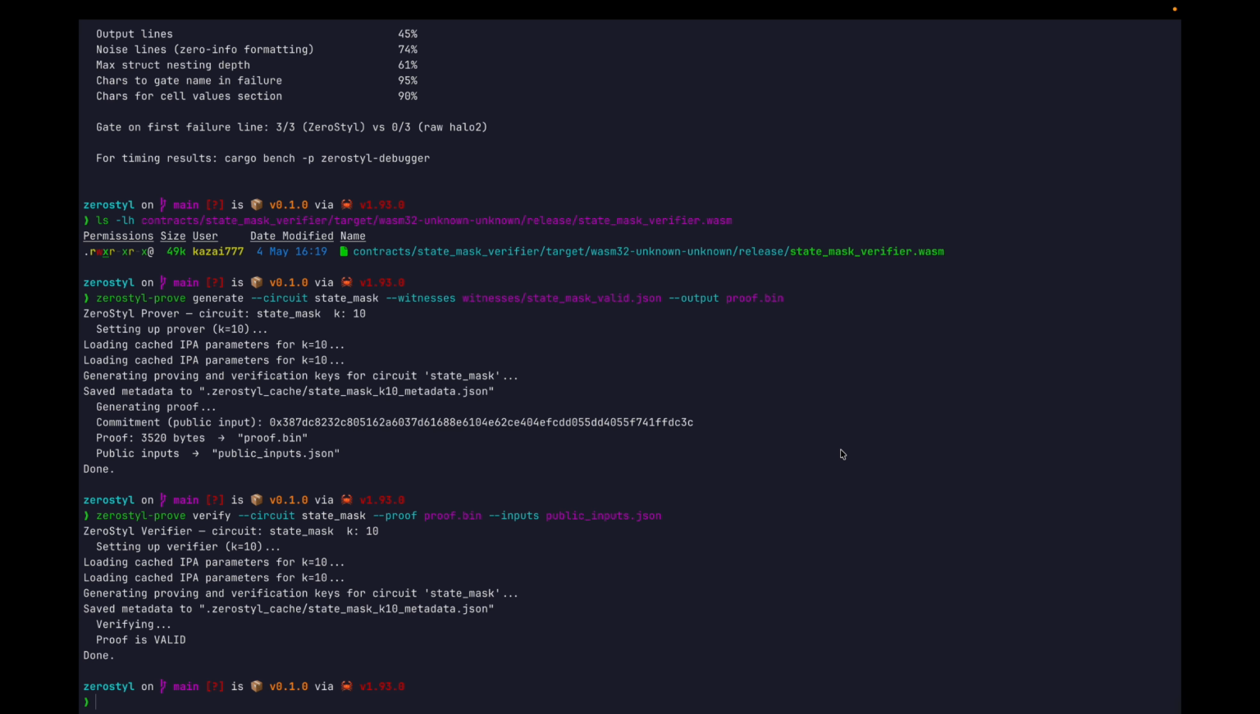Milestone 3 will be about automatic circuit generation from GSL and full integration with on-chain verification when Stylus lifts the WASM size